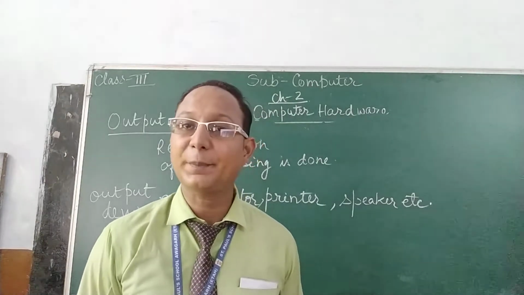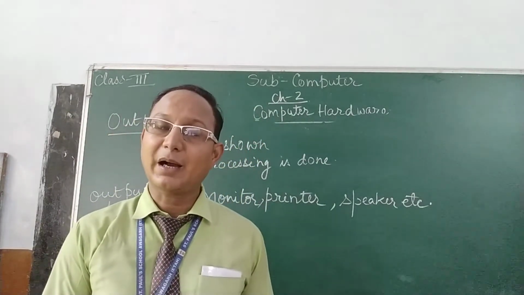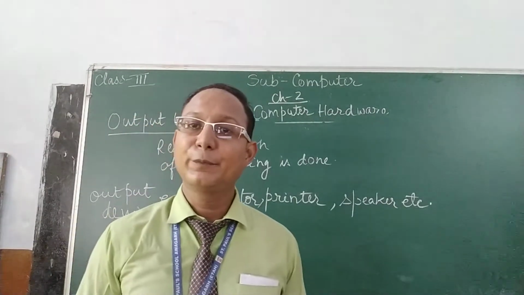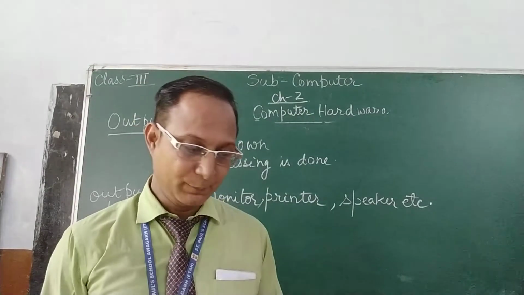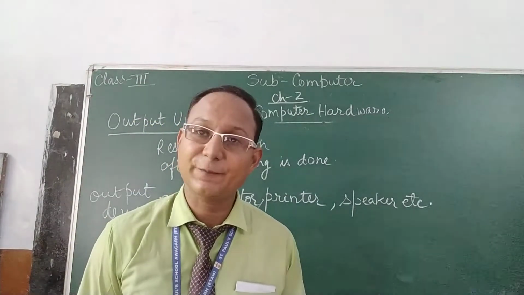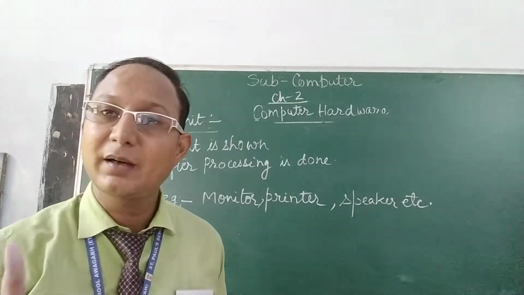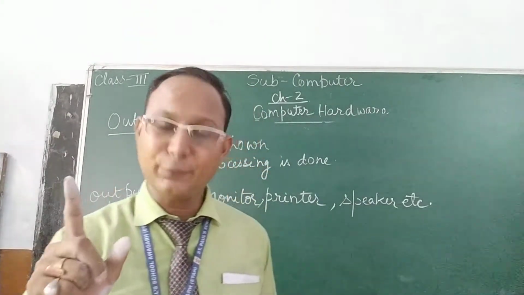And what is hard copy? The printout page we take in our hands after the printing is done by the printer, we can touch the page, we can feel it. This is hard copy. So you understood the difference? What is soft copy? We can only see the output on the computer screen. We can't touch it, we can't feel it.